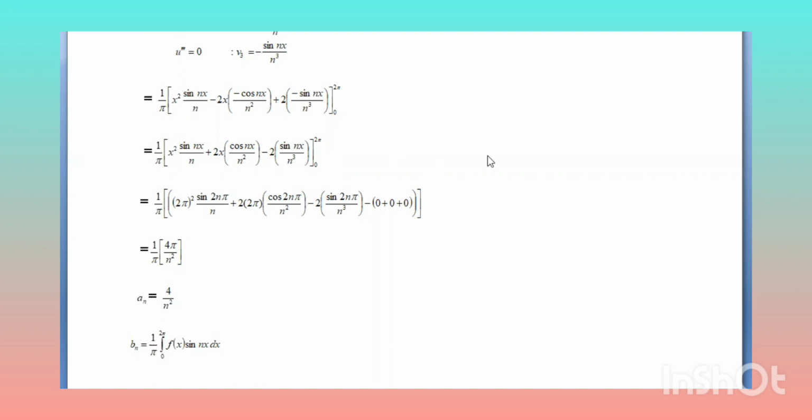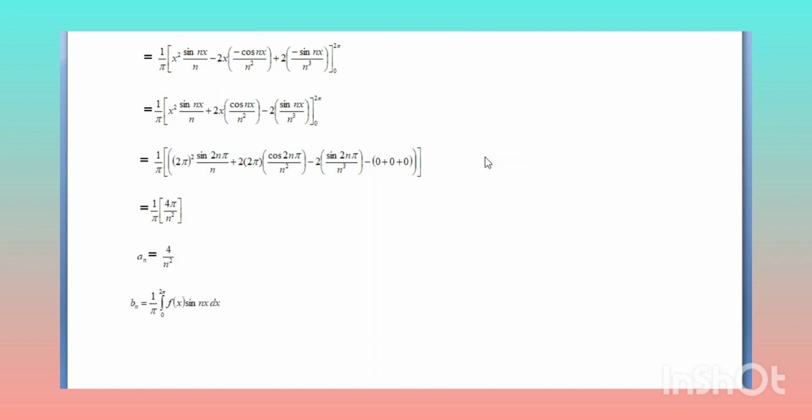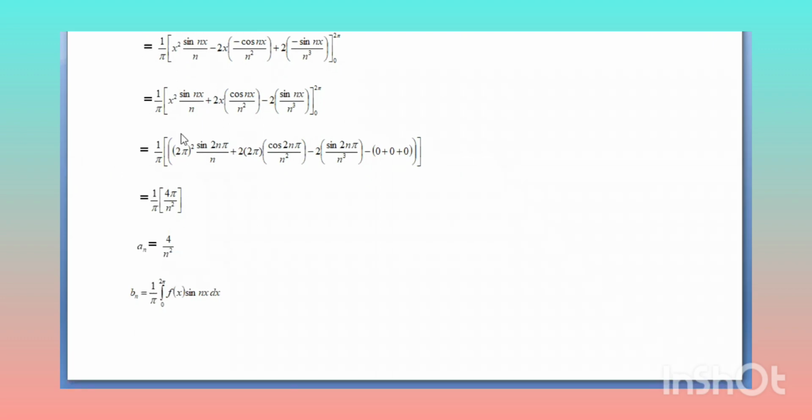Limit is 0 to 2 pi. So for x you have to apply the upper limit 2 pi minus for x you have to apply the lower limit 0. So 1 divided by pi, (2 pi) whole square sin 2n pi divided by n plus 2 into 2 pi cos 2n pi divided by n square minus 2 into sin 2n pi divided by n cube minus, if you apply the lower limit every term will become 0 because x square is 0 square 0, into sin 0 is 0, 2x where x is 0 so 2 into 0 is 0, cos 0 is 0 minus 2 sin